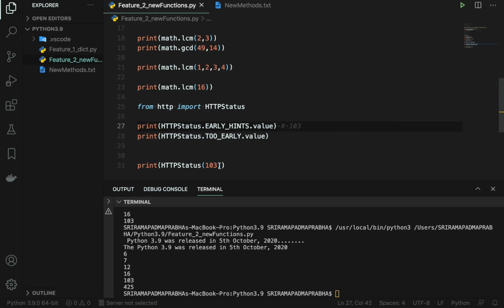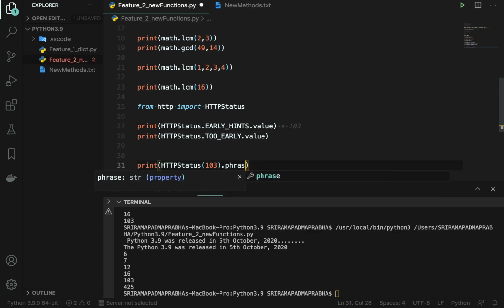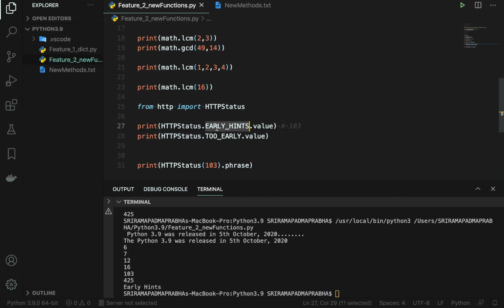I'm passing the same value here and checking what the status is. Previously we passed the early hints and got the value. This time we are passing the value and getting the status code. So first one the code value, next one the code. We can do it in multiple ways.